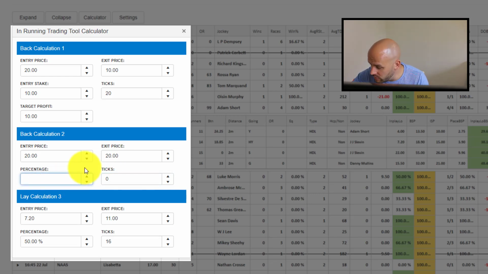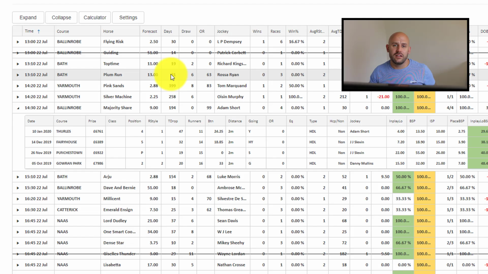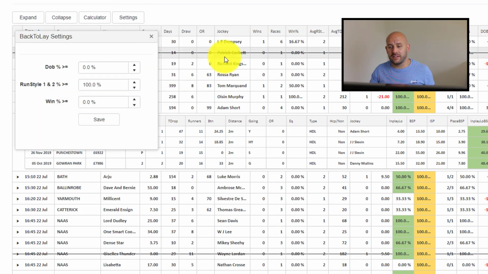Let's change that to 50% and click off for that. So again, it's showing us exactly the same thing. Back at 20, lay at 10, 50% of that is obviously 20 ticks, and that's how you achieve that same profit. Next, we've got the settings tab, which basically allows you to manipulate all of this data that's behind